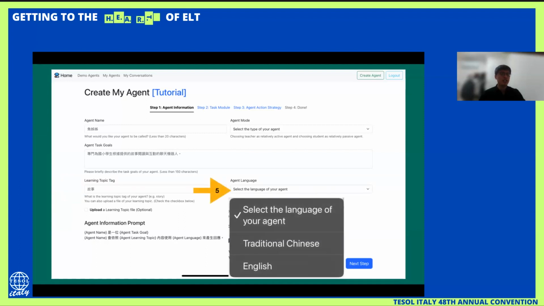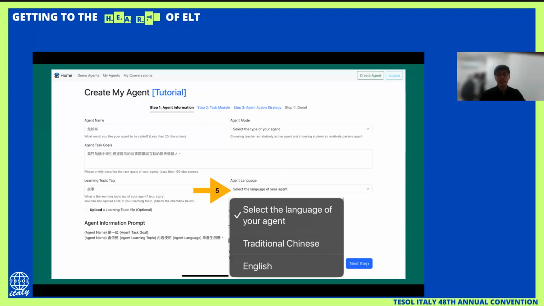And the agent language will be the next step that you have to select. In the English learning classroom, we wish students to have more chances to talk in English. Even when they are having question and answer responses with the chatbot, we hope you can design it so the chatbot will use English as the responses.